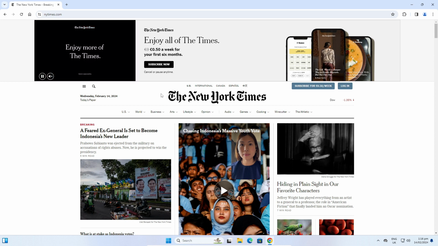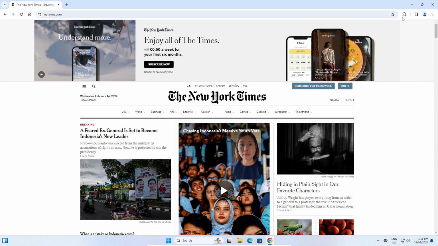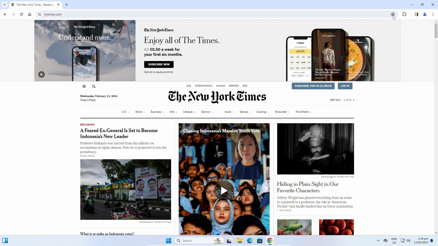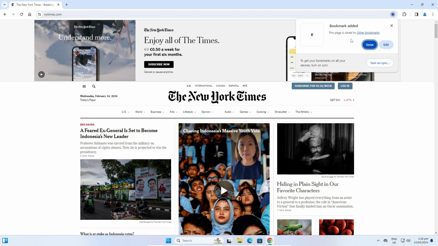To bookmark it, look for the star icon here on the right side of the address bar. This is the address bar and this is the star. Click on the star and now